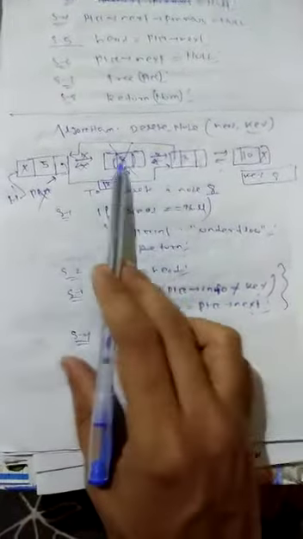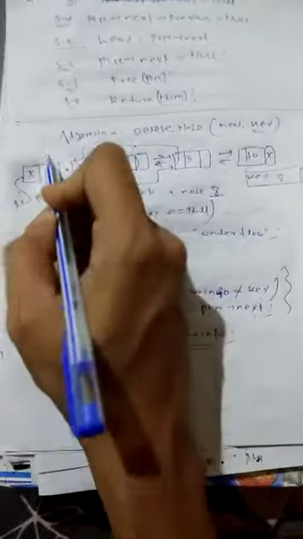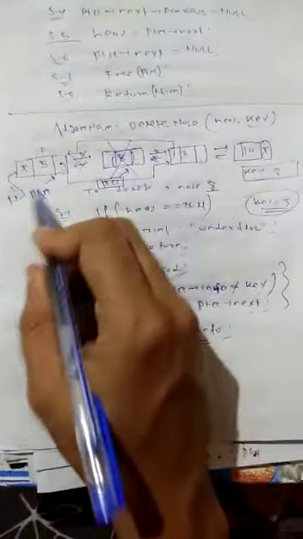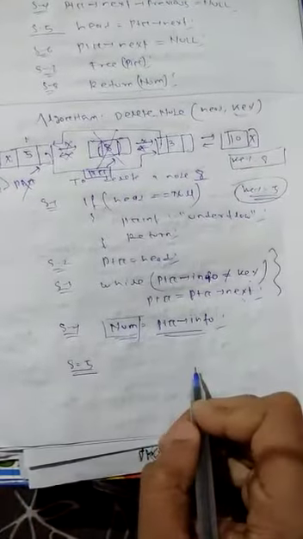If you delete a node in the middle, then head will not change. If we delete a node at the first position, suppose the key value equals 5, then what happens? That means we delete a node at the first position, then head will change. So the special case, I am writing as step 5. What is the special case?